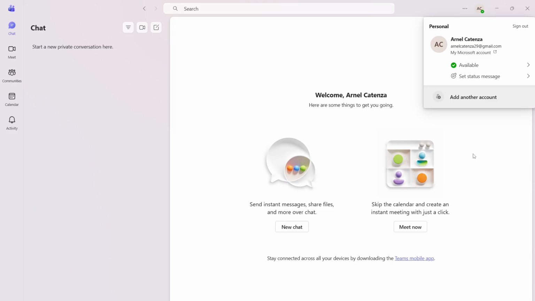And there you have it. In just a few steps, you've successfully checked and updated your status in Microsoft Teams, making sure it reflects your current working mode. Ensuring your status is always updated not only keeps your communications streamlined, but also fosters smoother interactions with your team. Now you're well equipped to manage your availability with confidence and ease, no matter where you are